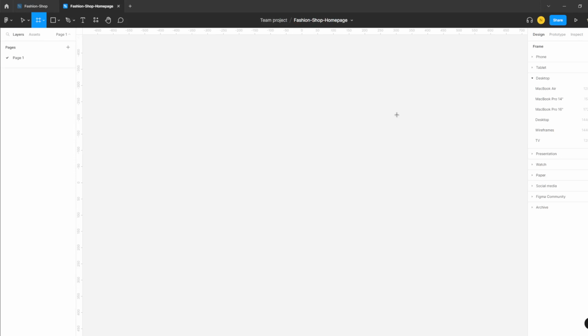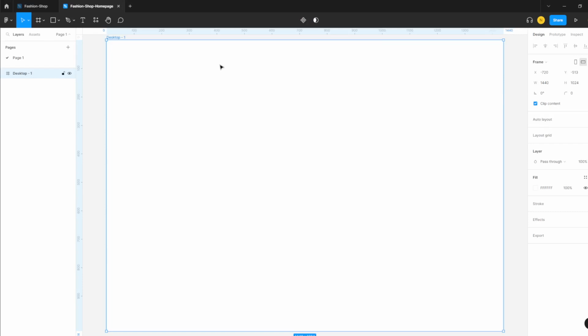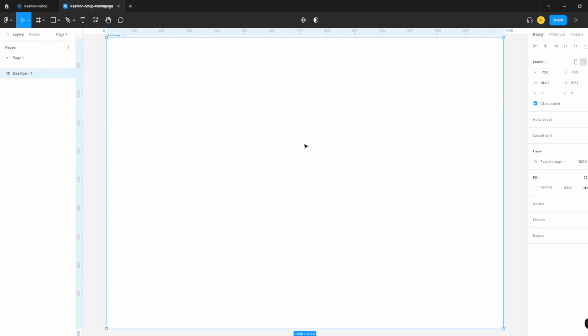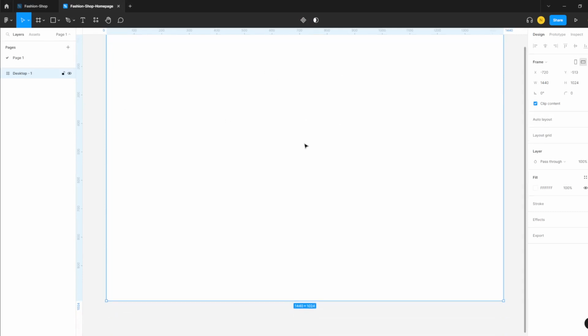As we are designing for a desktop, I'm taking a layout of this size. It is 1440 by 1024. Now I want to create a very simple layout here